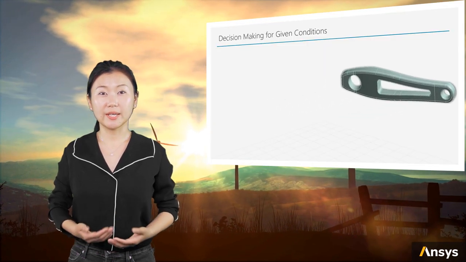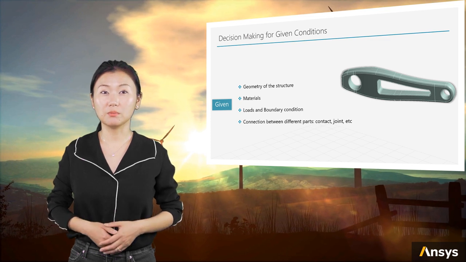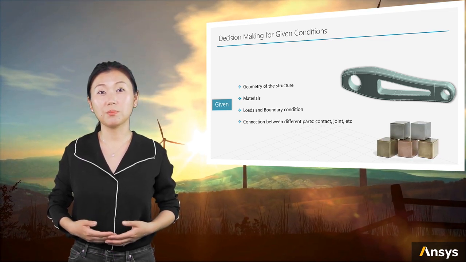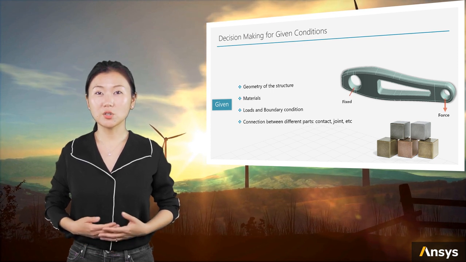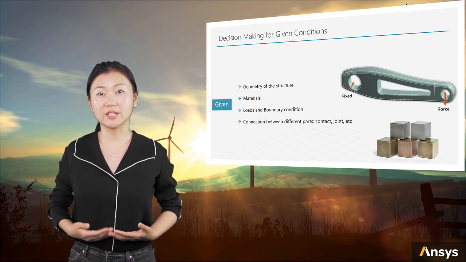You will need to make decisions for geometry. The geometry can be created as detailed as possible, but is it necessary for the problem? You will need to decide what kind of material model should be used for different parts of the problem. You also need to tell what the appropriate load and boundary conditions are to represent the realistic condition for the